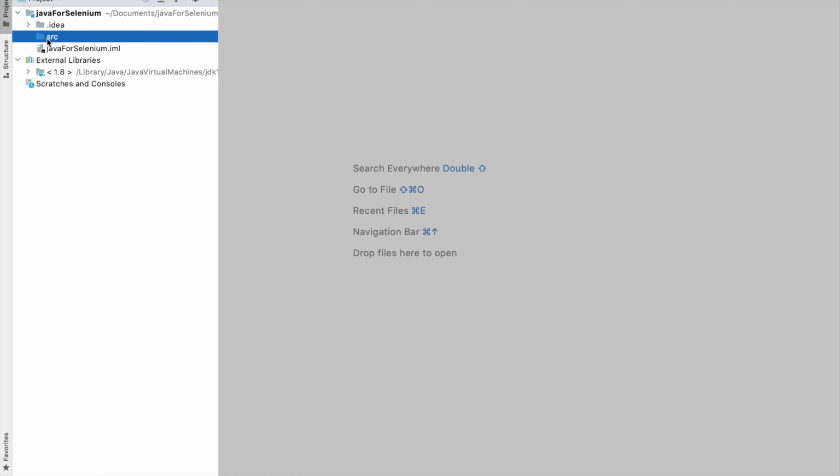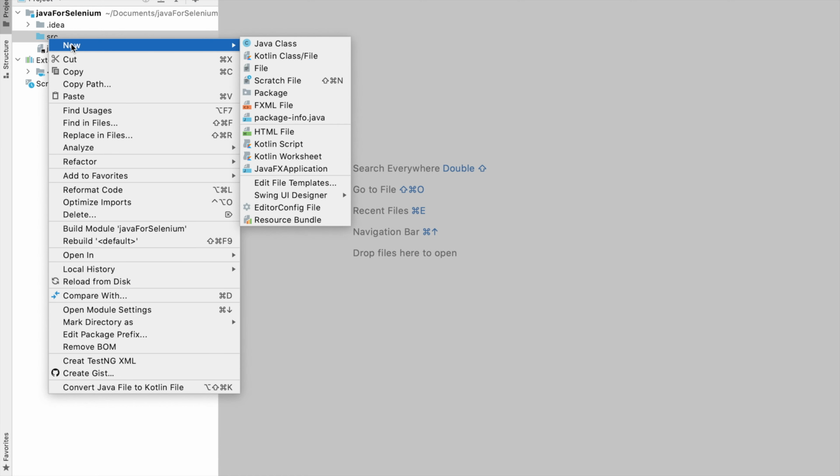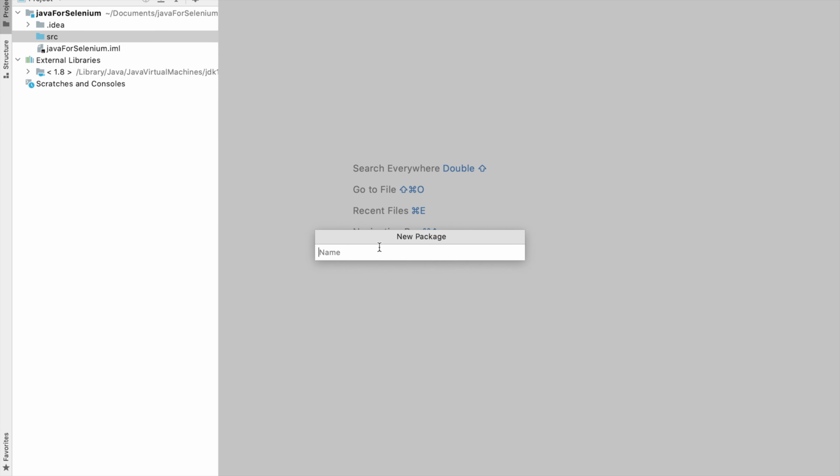So now we're going to create a package first. Right click, new Java package. A package starts with a small letter, or you can use com, which is easy. We people are using this com or a small letter. I'm going to use com dot, and what name should I give? This is a package for